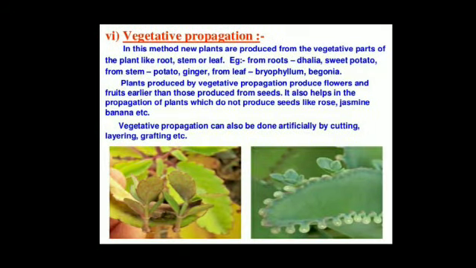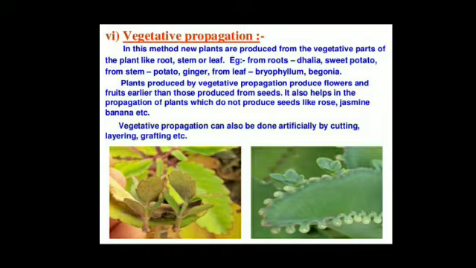Next is vegetative propagation or vegetative reproduction. As you all know, plants have two parts. First one, reproductive part, and the other is vegetative part. So the reproductive part of a plant is the flower, and the vegetative parts of plants are roots, stems and leaves. So the reproduction that takes place by vegetative parts of plants like roots, stems or leaves is known as vegetative propagation. For example, from roots, mint, pudina, can reproduce.